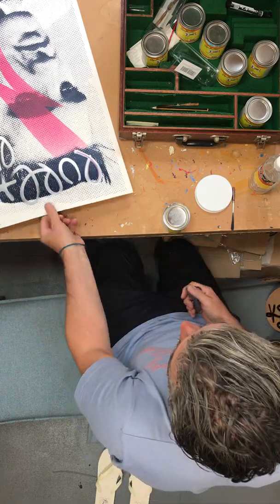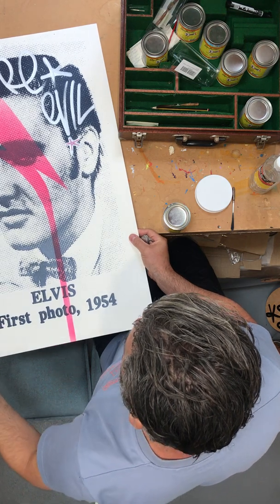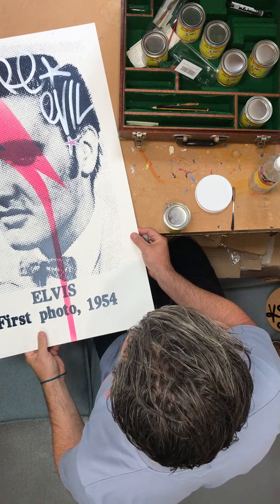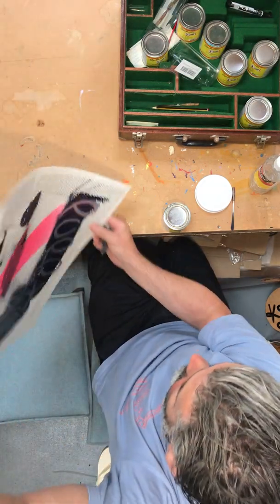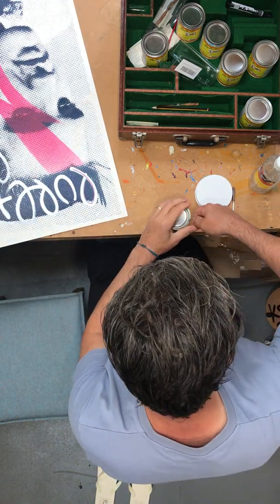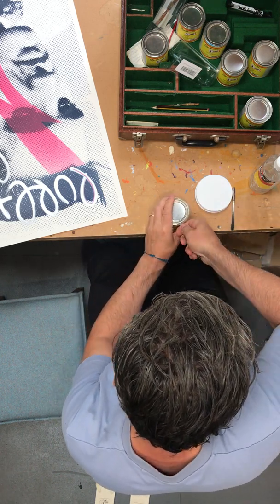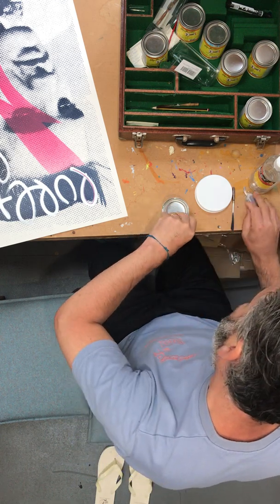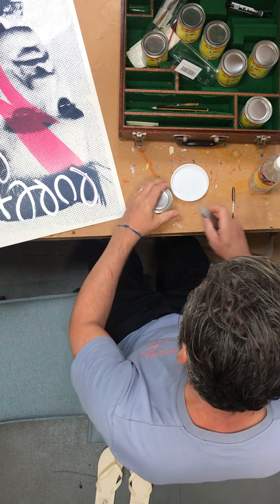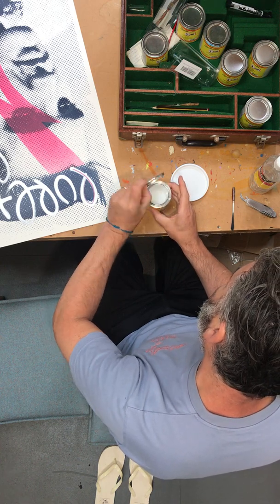I've just done, I don't know, I was messing around yesterday and I was trying to find the tear for Elvis and I couldn't find it. But I found the tear for Bowie, so I thought I'd try that out, and that worked out really well. In a strange way, I feel like someone's probably done this before and I'm just ripping them off, but I haven't worked out who it was yet. That's the way my brain works. I'll see something, then I'll forget it, and then I'll remember it as my own idea, which is kind of screwy. Happened with a thing that Banksy did on the side of the Royal Festival Hall which just said boring, and I saw it in,